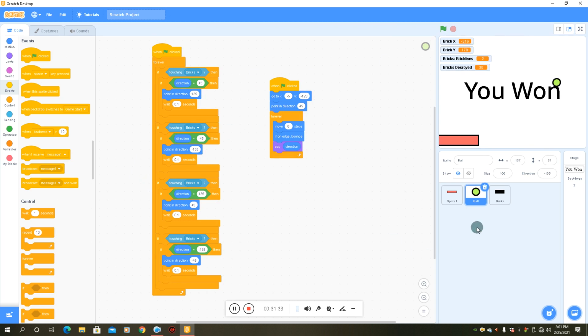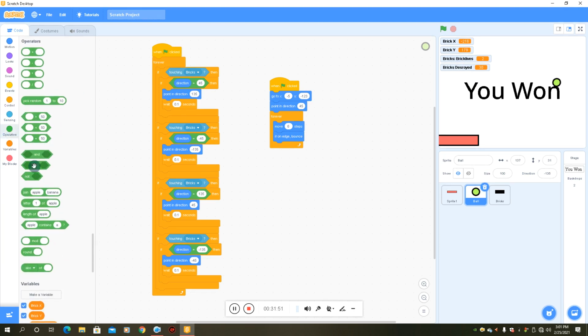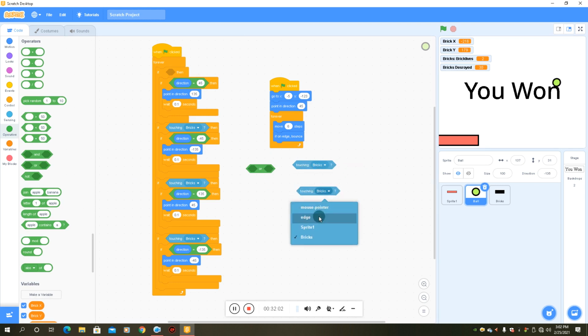Now after this, let us just remove this save block. Now we don't require it. Again, one thing: if it touches the pad also, it should change the direction and move. So for that, we will make one change in this block. We will use a sensing block and an OR block inside it. So if it is touching the brick, duplicate it, and if it is touching this sprite 1